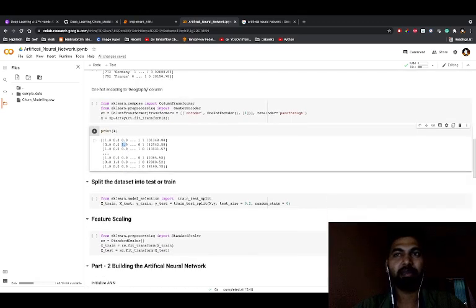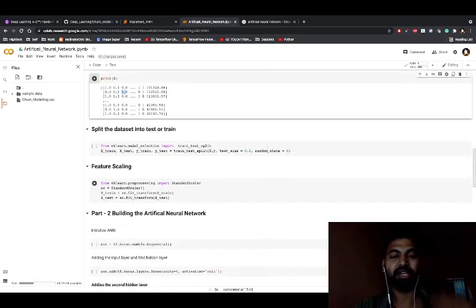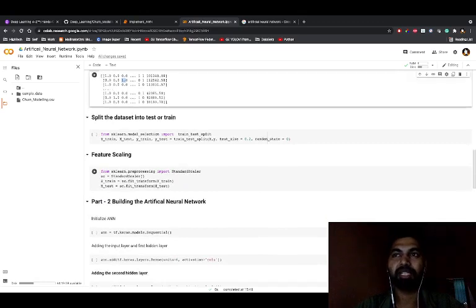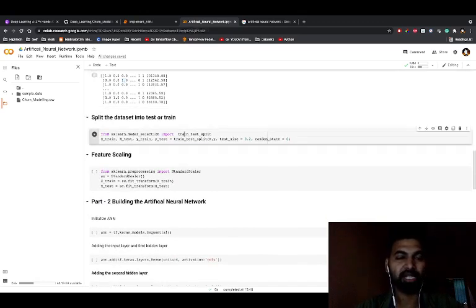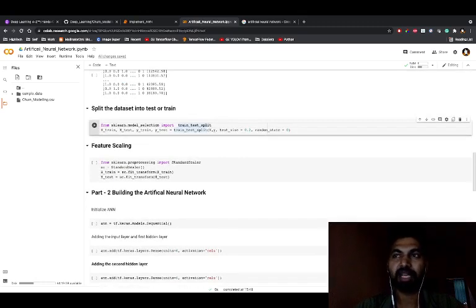The next step is splitting the dataset into the training and test set for giving to the model. So what I did, I called train_test_split from the model_selection package, and I split the data. So I passed here X, the data feature variables, the Y, that is the output, in vector format, and the test size is 0.2, right, 20%, and random_state equals 0, so we won't get any fluctuations in the next runs.